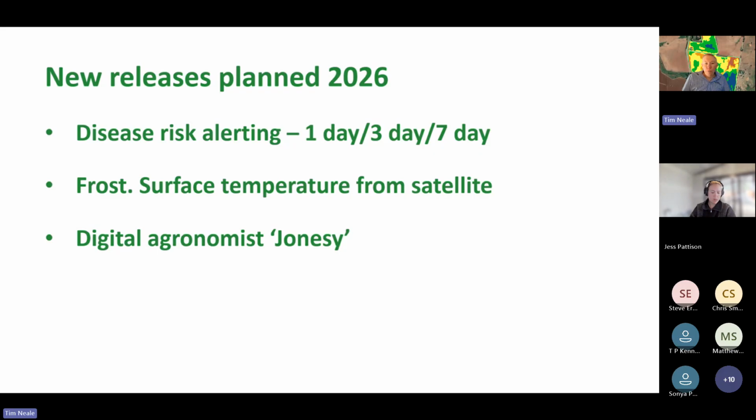The other thing we're working on with CSIRO and GRDC is frost detection. Now, it's not actually detecting the damage of frost, but it's detecting the surface temperature from satellite. There's a satellite that's imaging Australia every 15 minutes, and it's a reasonably coarse resolution satellite, but we're working with CSIRO, who are bringing that down to a finer scale. So we're working on that at the moment, and hopefully we'll be ready for the frost